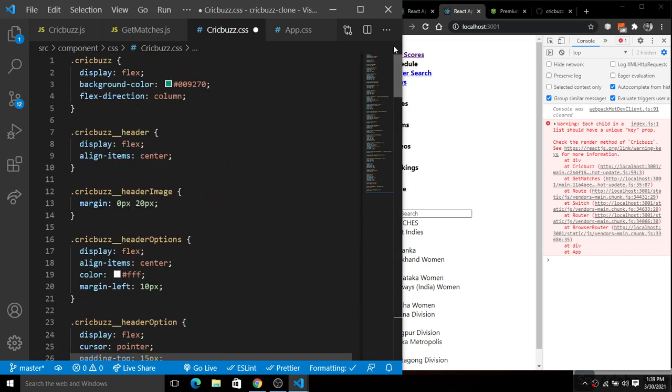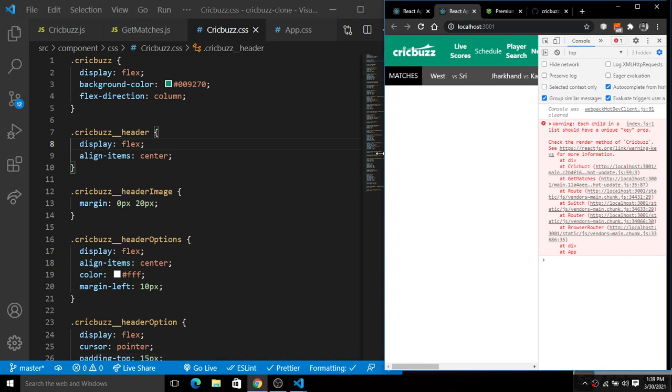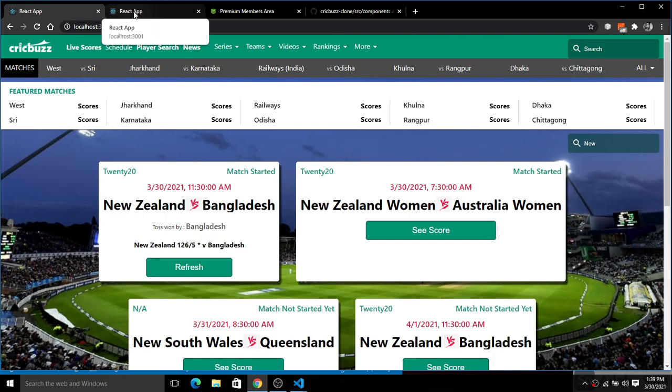So I'm going to simply save this, and now it will set up our CSS also there, right? So we have these things here, and now you guys will see we have styled these things just like this, right? Now I will not do the featured matches. I have added those things as it is, so it is none of my use and we will not be doing anything here. So I'm not going to create a featured match there.